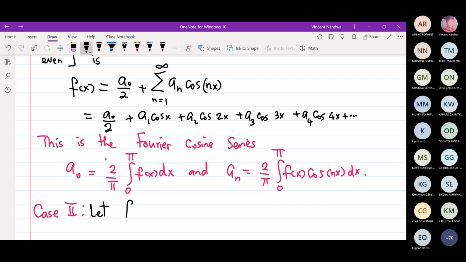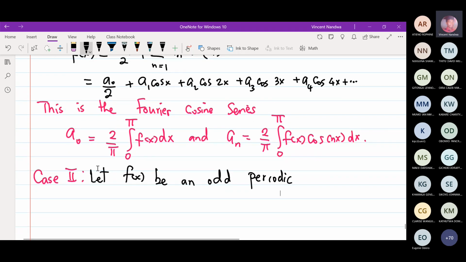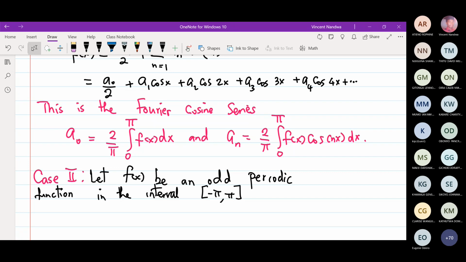So let f of x be an odd periodic function, then f of x times cosine of nx will be an